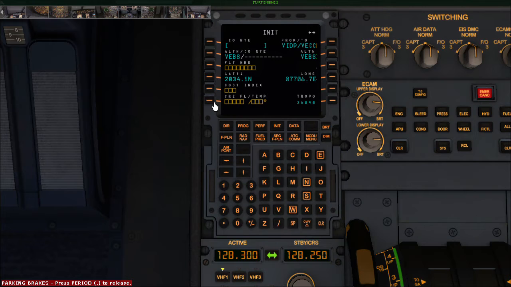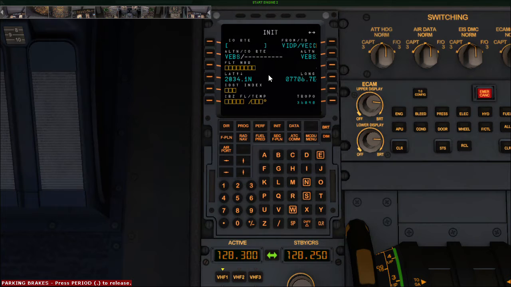Or if you know the company route, if the company has set in the MCDU any company route, just put it over here, and the MCDU will automatically configure the aircraft and the company route will be shown over here. The MCDU automatically takes the flight plan.